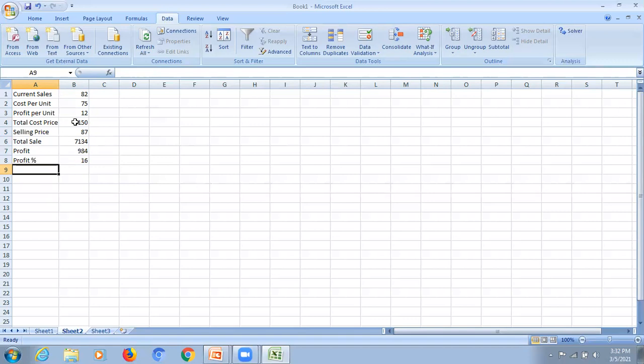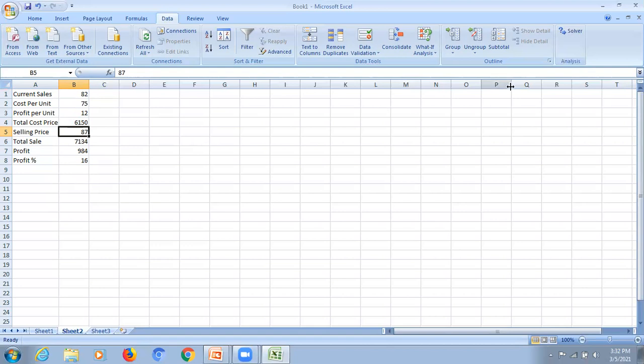He has two things in mind: either he could increase the sale of the product, that is, this 82 could be increased, or he could increase the selling price of the product, that is, this 87 could be increased. He could change either of them. He cannot decide, so let us do it through Solver.